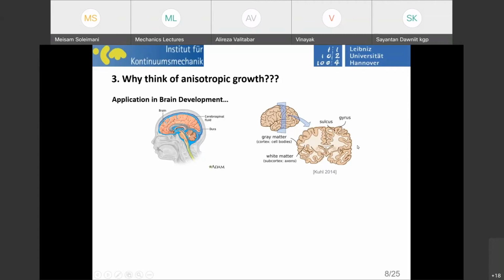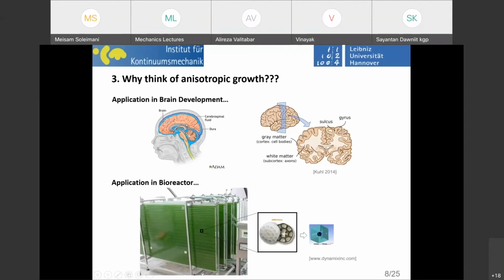Of course, you might ask yourselves, what is the role of genetics here? What's the role of genetics? The question is whether the gray matter tends to fold due to this mechanical driver, or is there any genetic driver behind that, so that it tends to reshape itself rather than respond mechanically? Of course, here there is a debate, and two schools of thought. They have some advocates, and everybody is trying to explain it. But it's a commonly acceptable paradigm in this regard. It means that one can explain the formation of these wrinkles at the surface of the brain in this mechanical